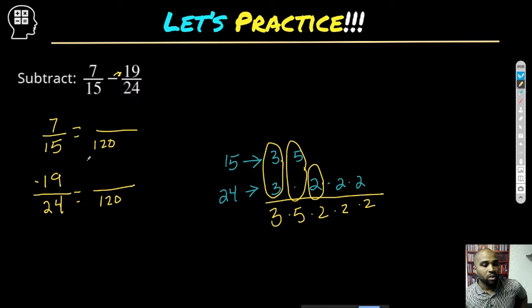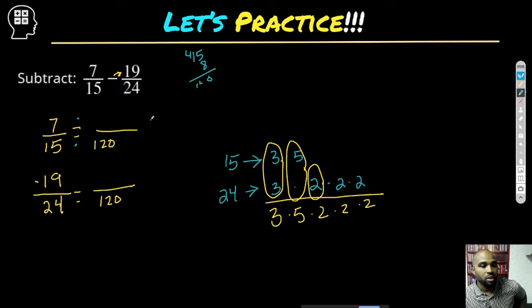All right, so now I need to find my equivalent fraction to 7/15 with 120 as a denominator. To do that, I'm going to ask myself the question, 15 times what gives me 120? What's the factor that goes in between that I need to use for the numerator and the denominator? So 15 times what? Let's think. 30 times 4 is 120, so this is probably going to be 8. So 15 times 8